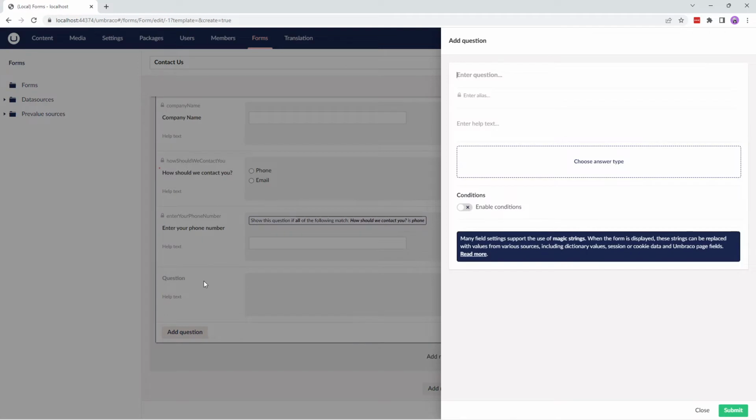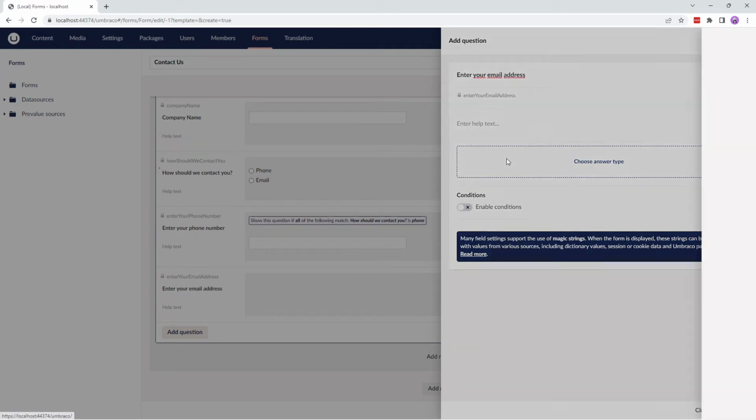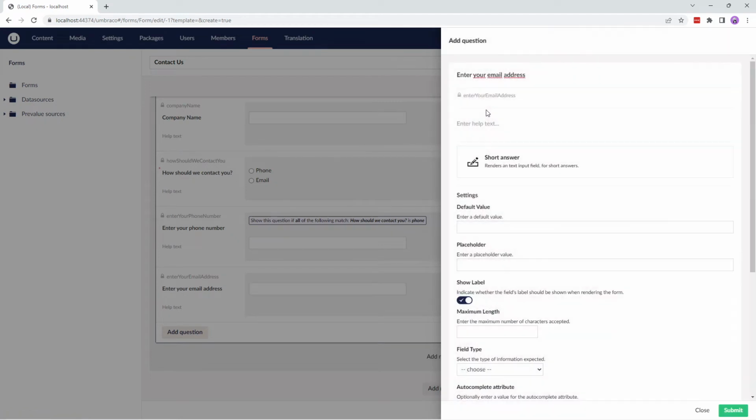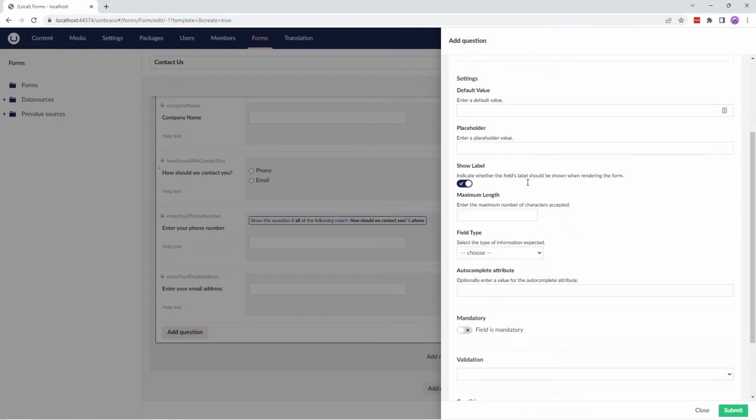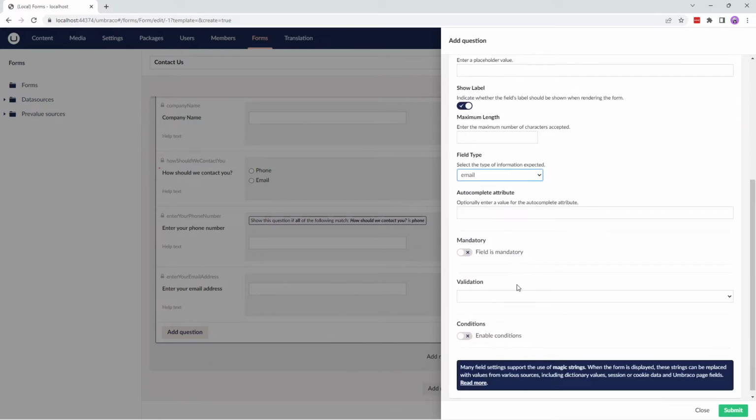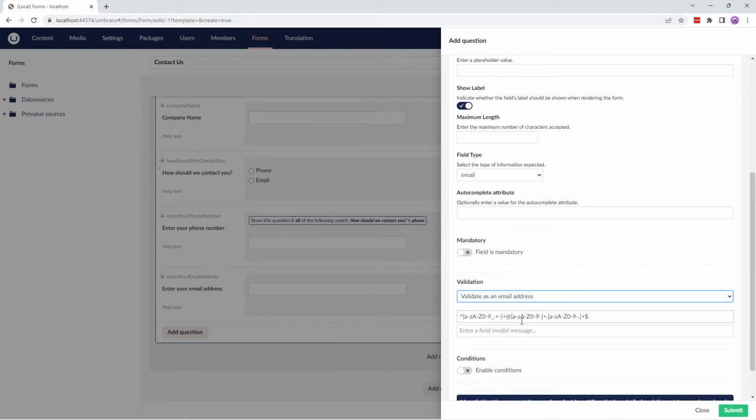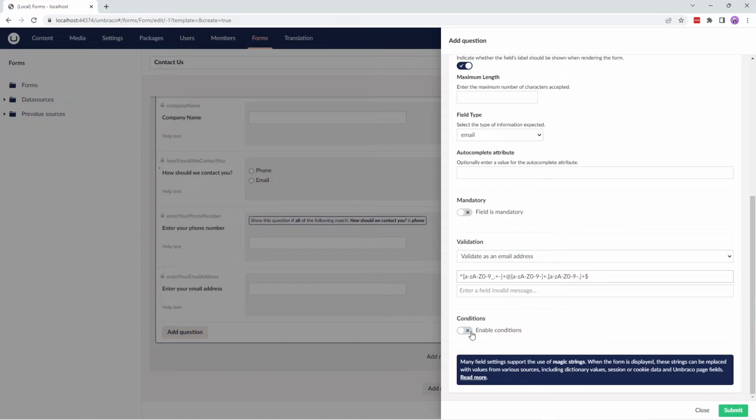Similarly, I'll add the next question, that is, enter your email address, and select short answer as the answer type. From the field type drop-down, I'll select email and validate it as an email address.